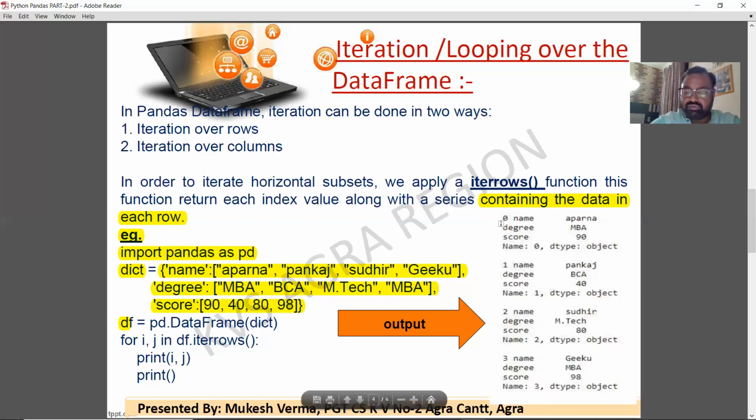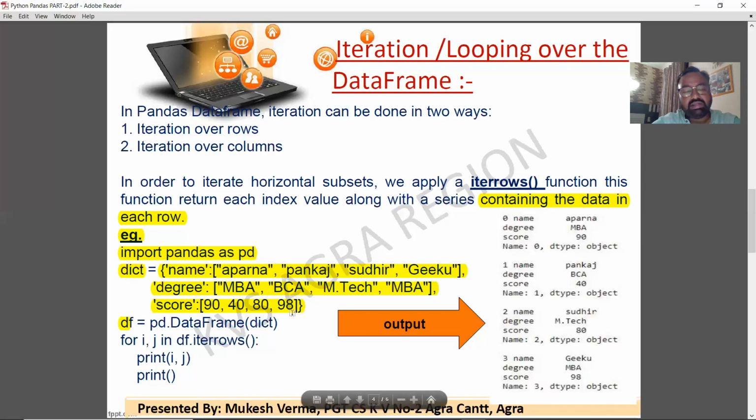So first, you can see here 0 is basically the index number, and name, degree, score are the columns. Against the columns we have the values. Similarly, we have row number 1, row number 2, row number 3. Number means the index 0, 1, 2, 3.